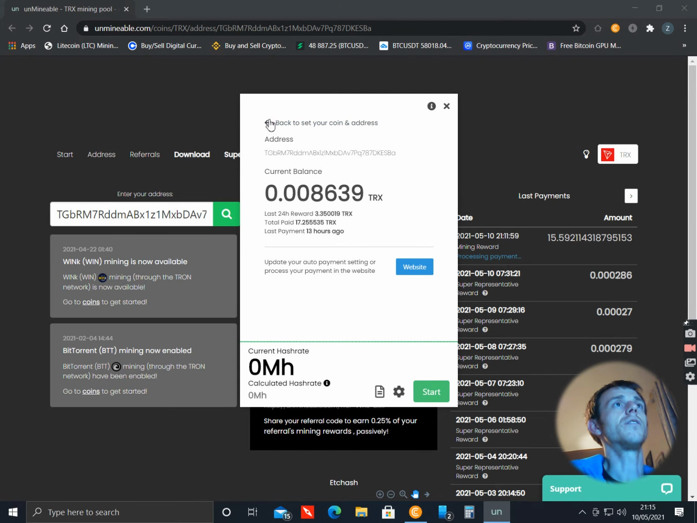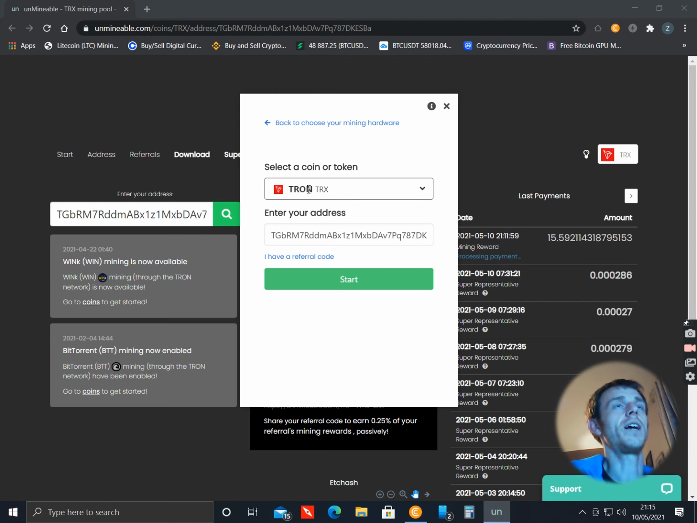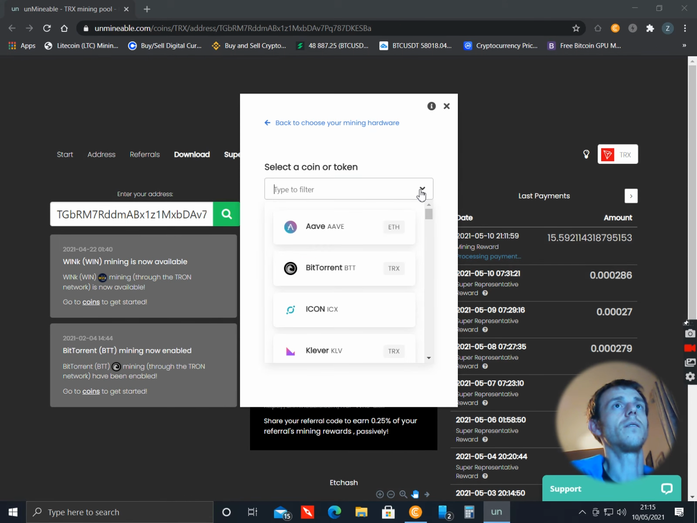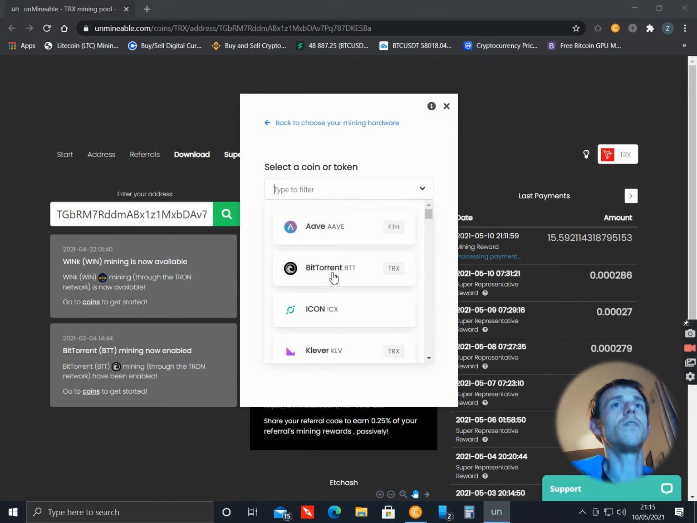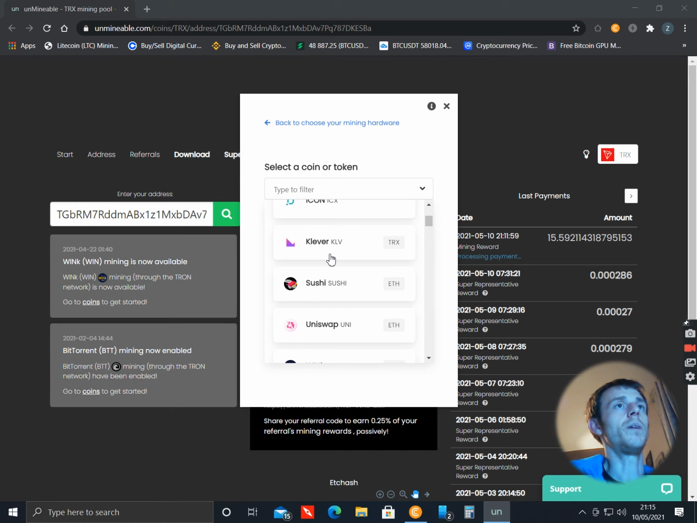I'll just go back and show you guys the different coins. I'll just quickly go through all the different coins. So you've got BitTorrent. I have been mining quite a lot of BitTorrent. You guys might have seen some previous videos I've done on BitTorrent. I now have over 1,000 BitTorrent. Just trying to get some more Tron up. My graphics card that I'm using at the minute is just not powerful enough for me to use on some of your more